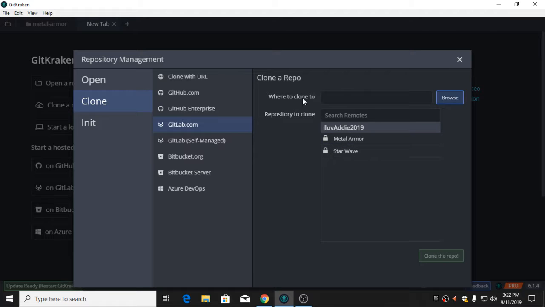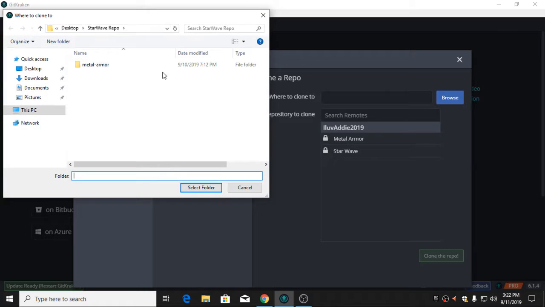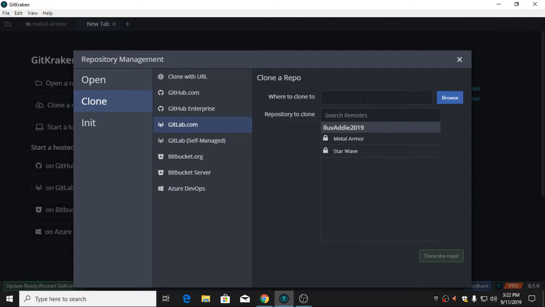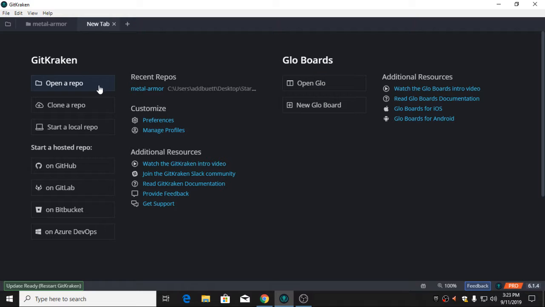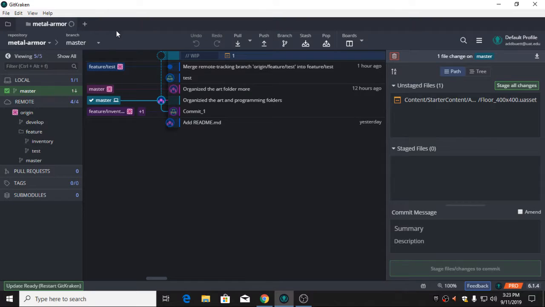It will say where to clone to. I recommend going to Browse, Desktop, making a new folder called Starwave Repo, and then just putting everything in there so it's all consolidated and not all on your desktop, because nobody wants a messy desktop. At least I don't. Once you do that, you can just close out this tab, and then we are